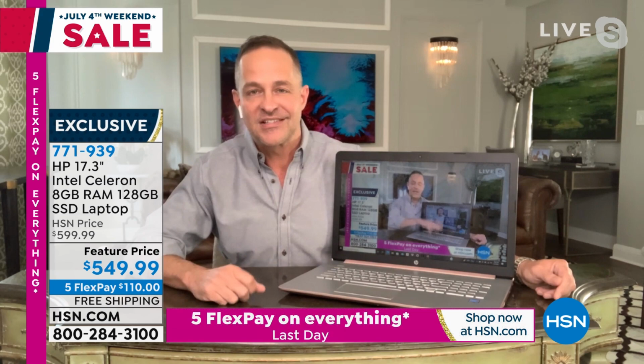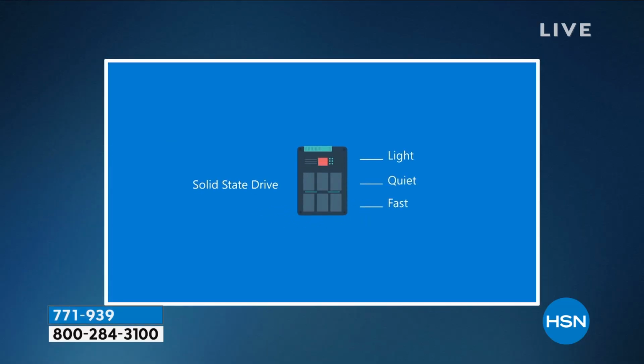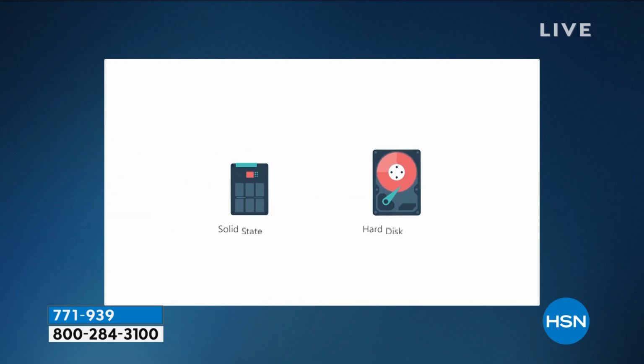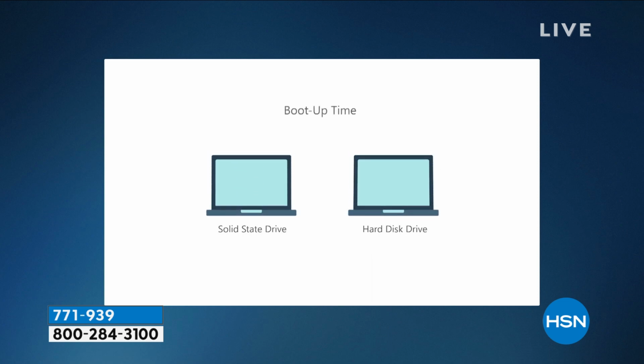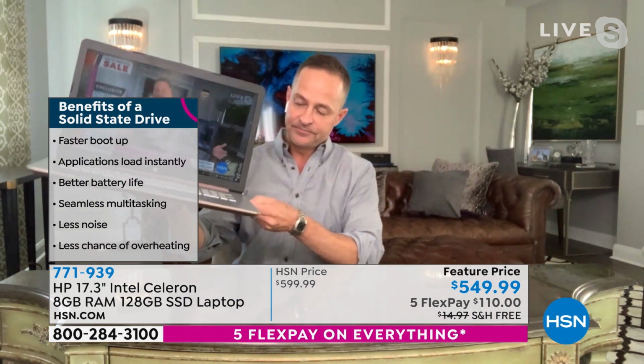We have a little video that we'll show you on the solid state drive. Solid state drives are lighter, quieter, and faster. So you have a faster boot up, your applications load more quickly, better battery life on your computer, no moving parts, your computer's more durable, and it's quieter. Put all of those things together and you just get a far better experience with a computer that weighs 5.4 pounds, has a 9-hour battery life, is absolutely a full desktop replacement,